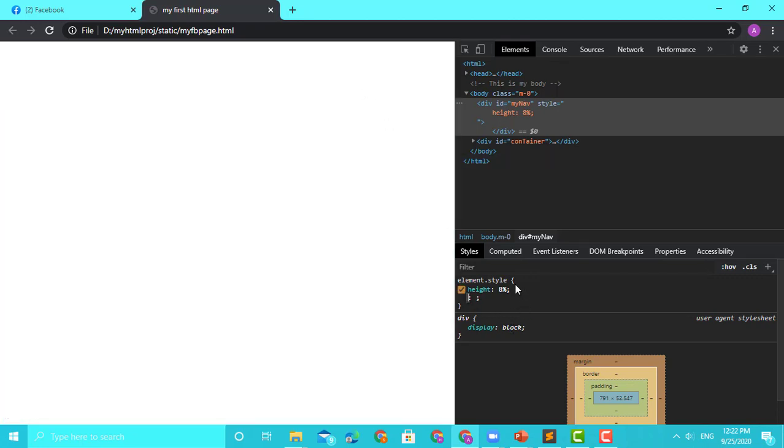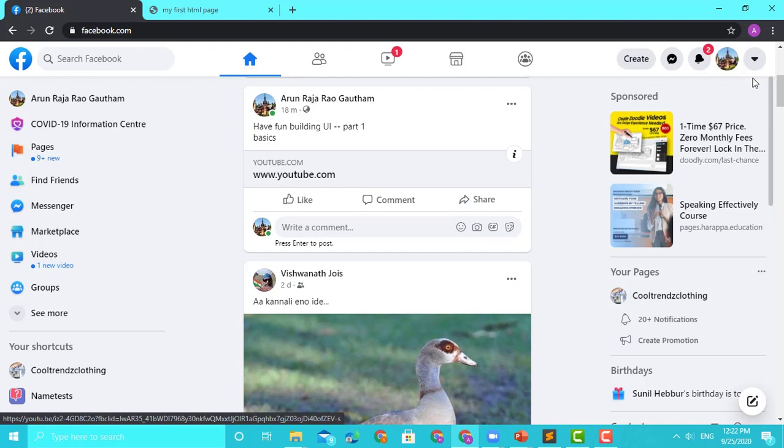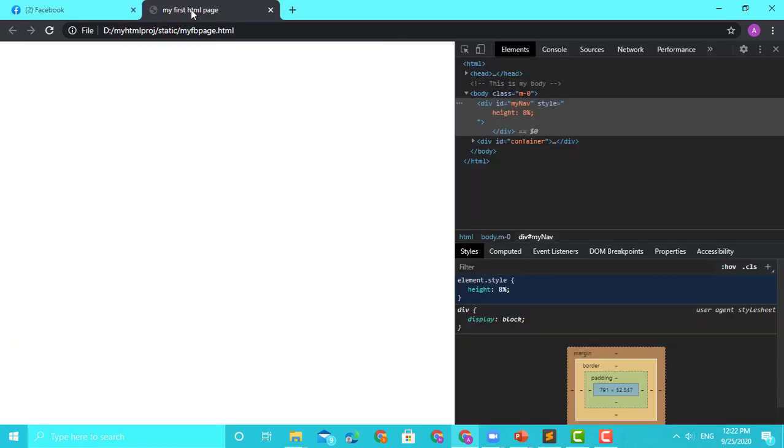So my nav bar. No, but I can't see the nav bar, right? So here, if you see, there is a difference in the colors, and there is a bit of a shadow here, which is causing it to look different, correct? So what I am going to do is, I am going to do the same. Okay, so I will keep this.